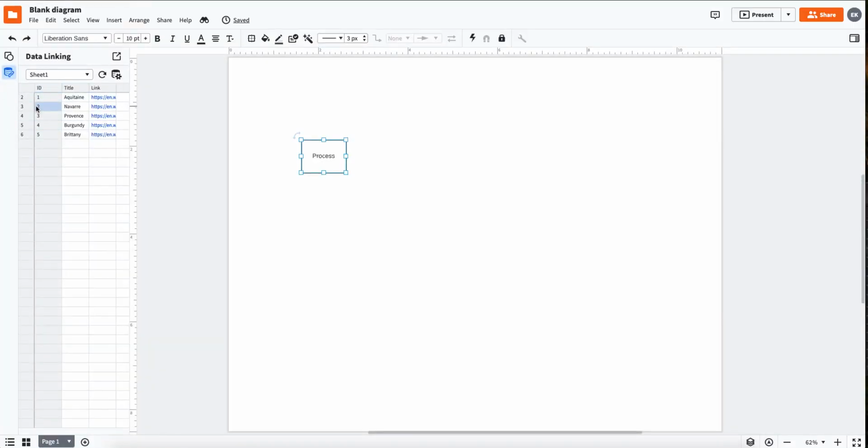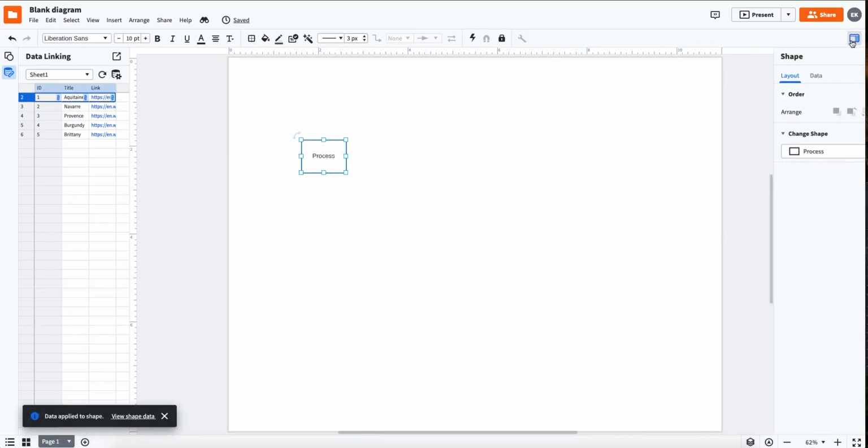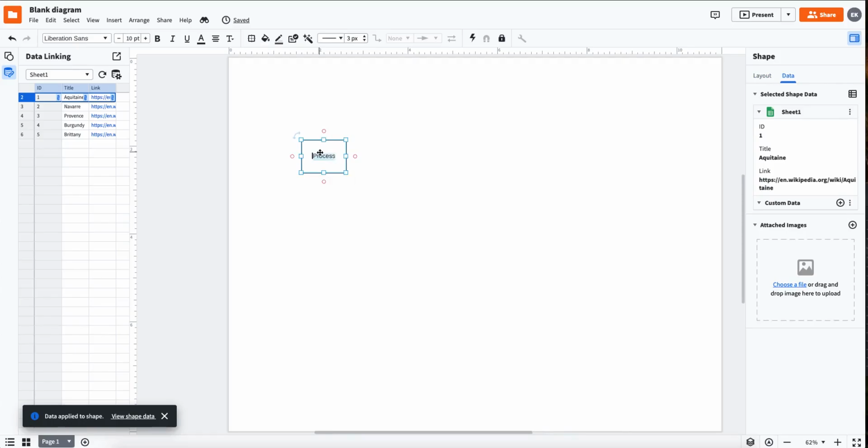I've already gone about bringing in my spreadsheet. There's a couple great videos on how to do data linking if you haven't seen that. And I'm going to go ahead and just drag and drop my row onto my shape. And I want my shape to probably display this information, so I'm going to go ahead and insert that text. But instead of inserting the link as well,